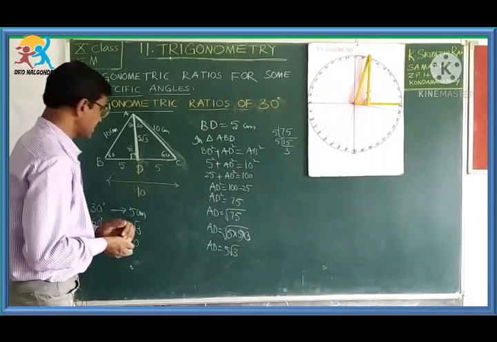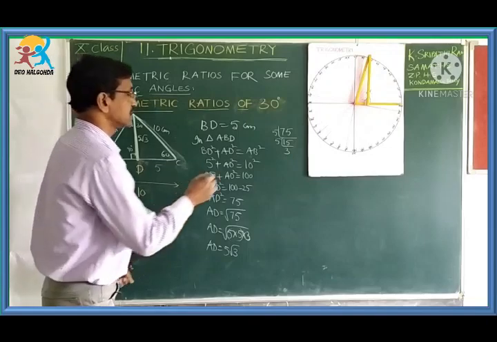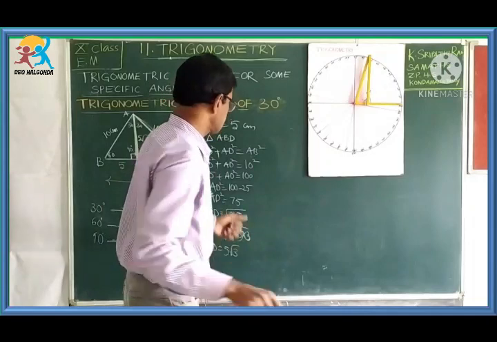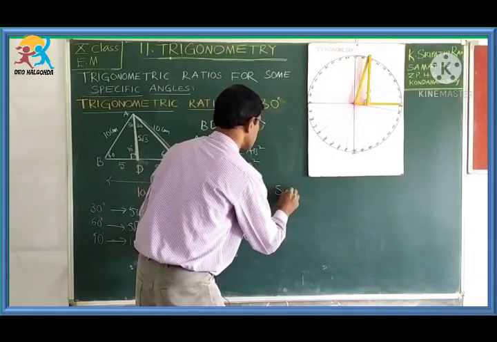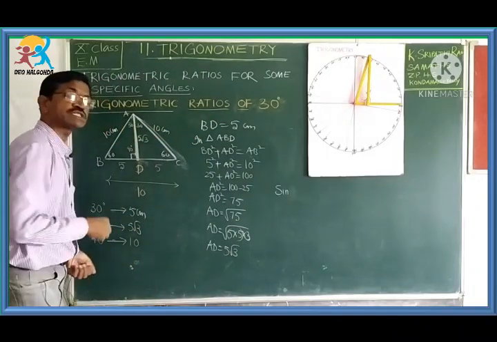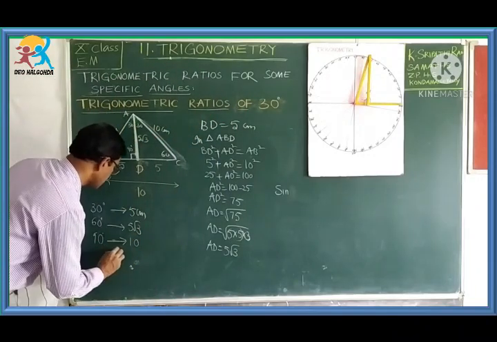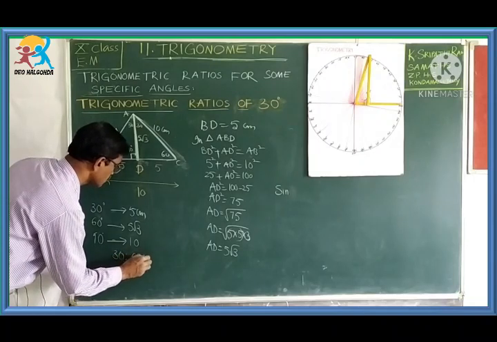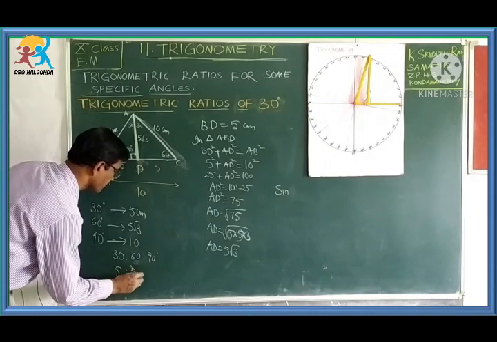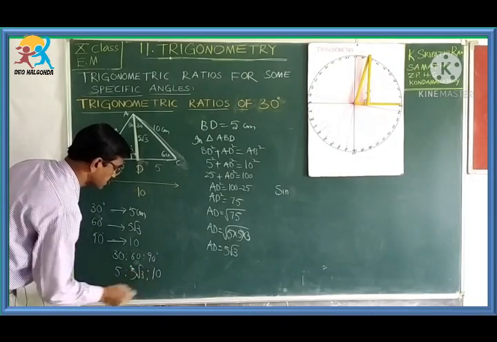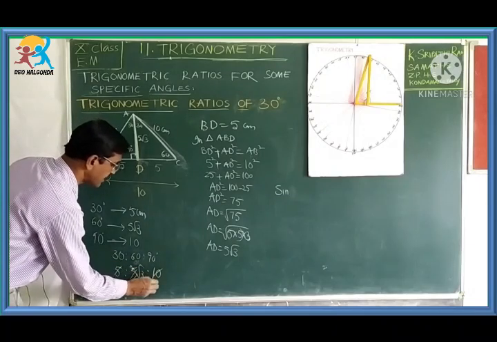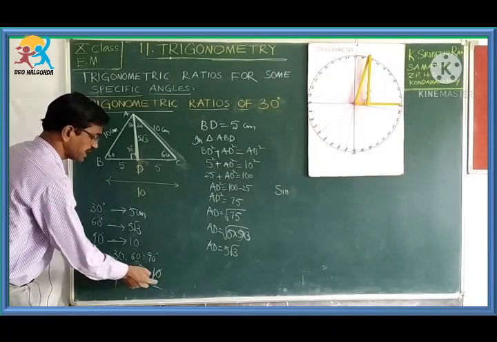So from this we can find the ratios of the sides, for sin theta, sin 30 degrees. Let us find the ratios of these sides. 30, 60, 90 degrees ratios. What is there? 5 is to 5 root 3 is to 10. Find the ratio of these sides. 5 ones are 5, 5 ones are 5, 5 twos are 10. So 1 root 3 2.